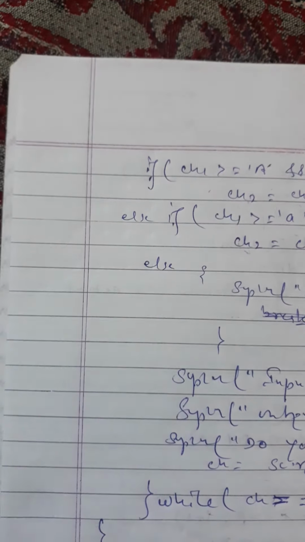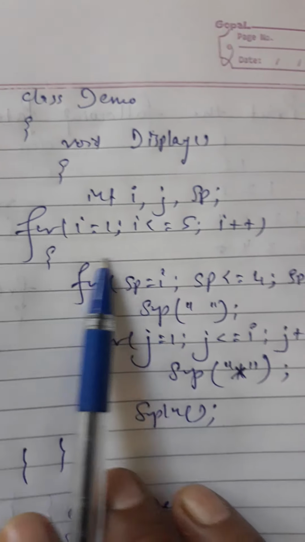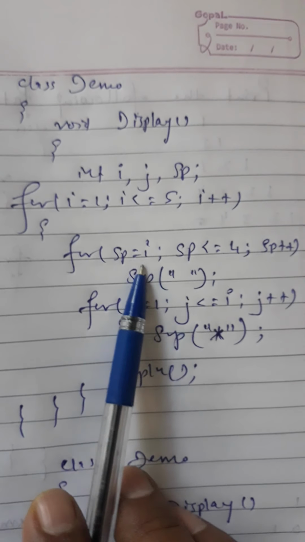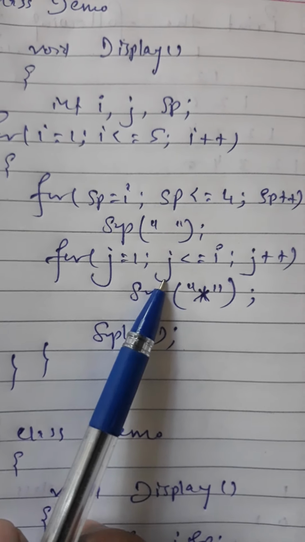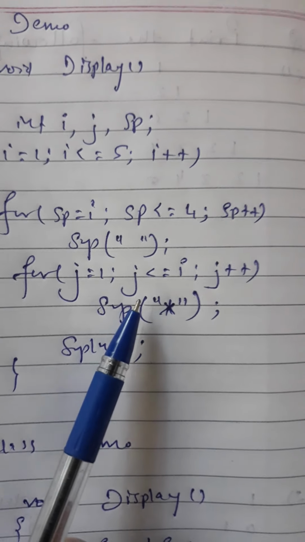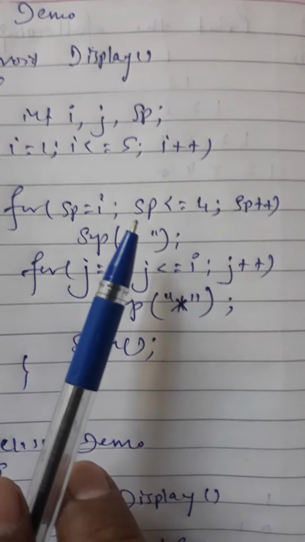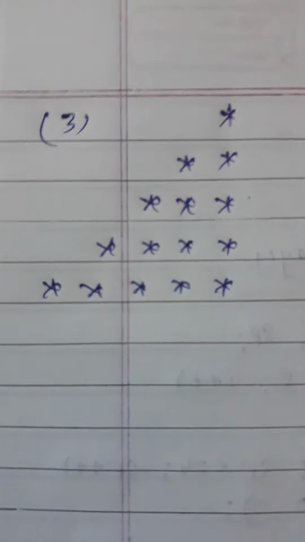Now this is fixed star printing with spaces, so this is similar to today's first example. In that we will just write the star in place of j. So the first loop will execute here 1 to 5, the second will be i to 4, so the space is common, and the j loop executes only one time, so 1 star will be printed, and the second time the j loop will execute 2 times, so 2 stars will be printed after the 3 spaces, and similarly this will print all this.